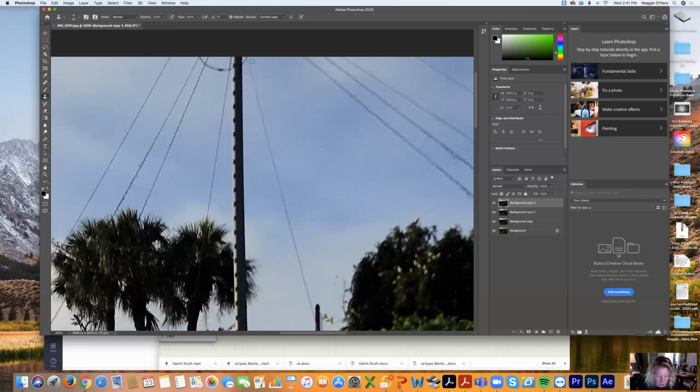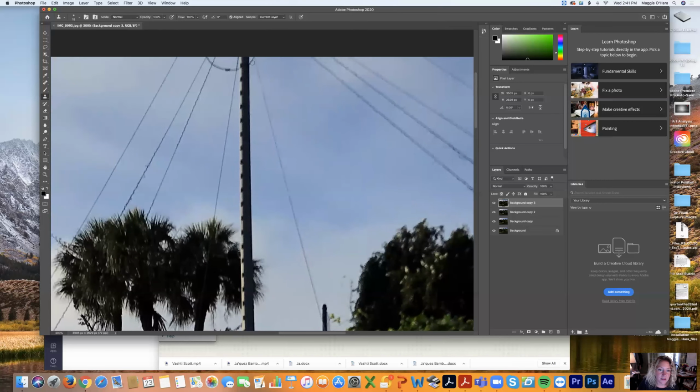So again, I will hover over an area close to the area where I want to cover up, or in an attempt to make it look as seamless as possible, and I will click and hold down my Option key and just click down with my cursor. So I have selected a color, and as you see, as I click,